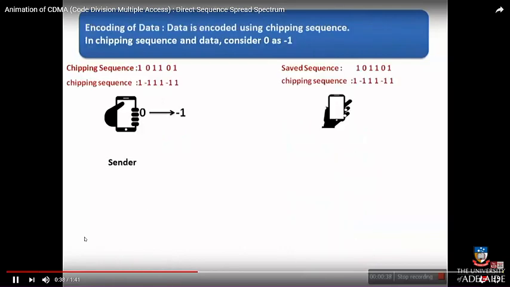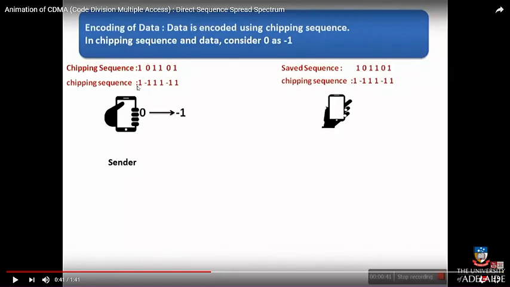So imagine that two people now have two orthogonal codes, and in this case here's your chipping sequence, in other words your orthogonal code. So you have a sender and a receiver, and the receiver also needs to know the same orthogonal code, so this one over here, 101101, 101101, and